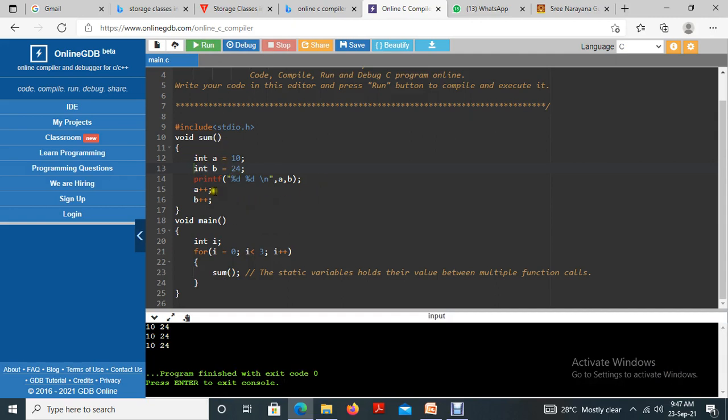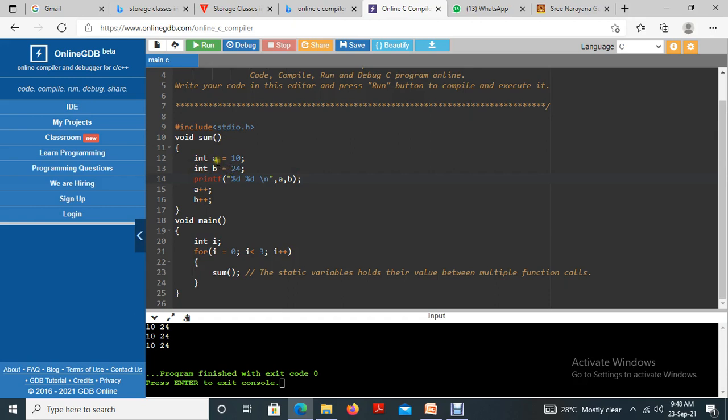After that we are incrementing the value, but it is not reflecting because while calling the function again and again, it is a separate function call, with separate initialization. Each and every time this declaration and initialization process is happening, so the values remain the same. After that the increment will not be reflected here because we are printing the value here.